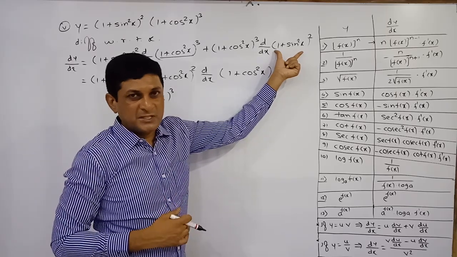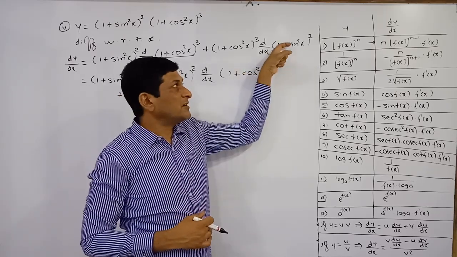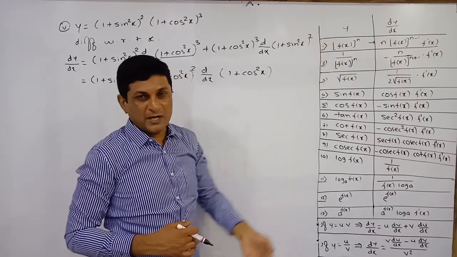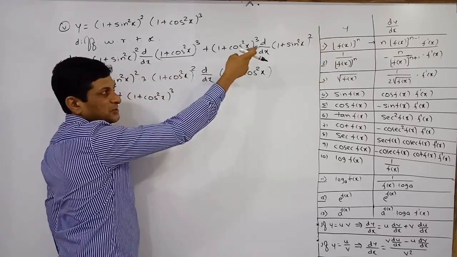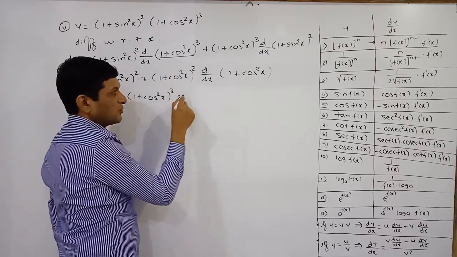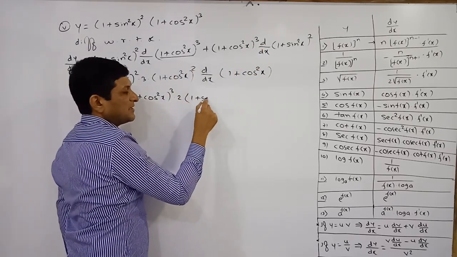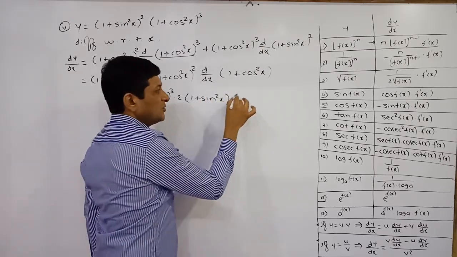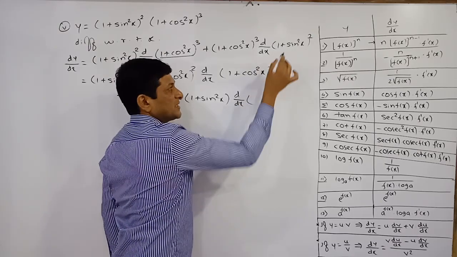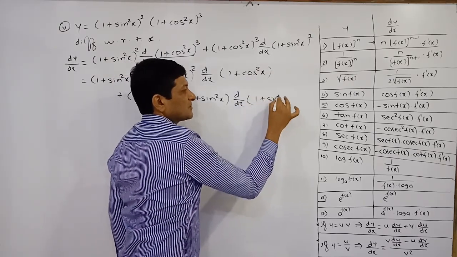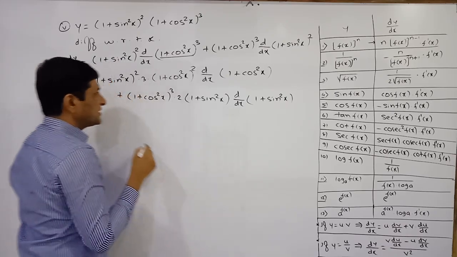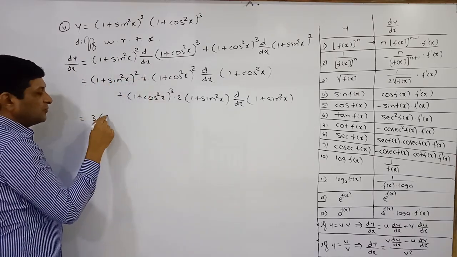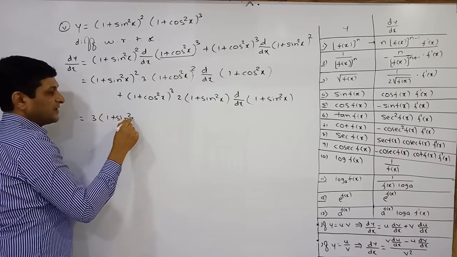So to find its derivative, observe the given term. The given term is in the form of f of x raised to power n, means again it is in the form of the first formula. And according to the first formula, to find its derivative, first take that power 2 as a coefficient, then decrease its power by 1, means the new power of this bracket will be 1, not necessary to write 1 here, into the derivative of f of x. What is f of x here? 1 plus sine square x. Okay. So which is equal to, now first write down 3 into 1 plus sine square x raised to power